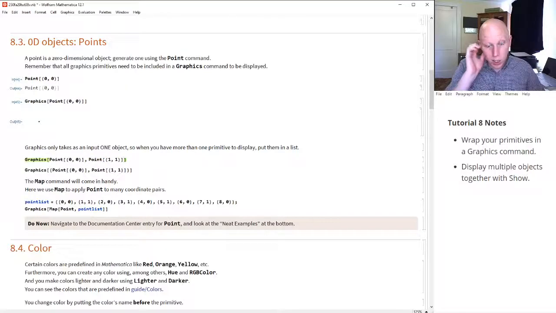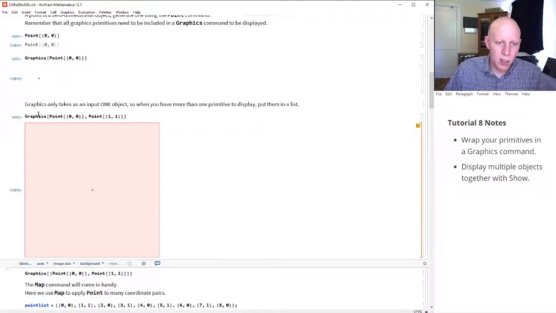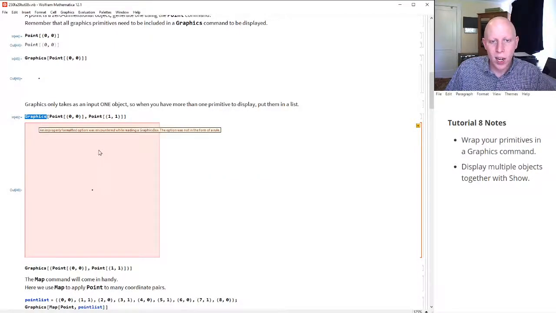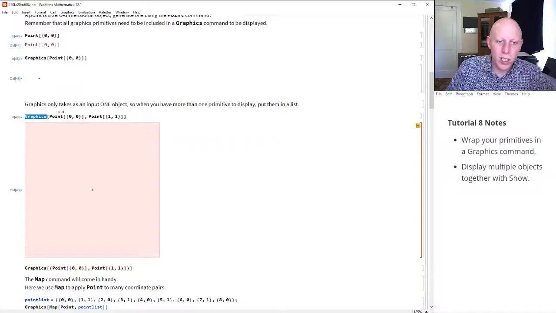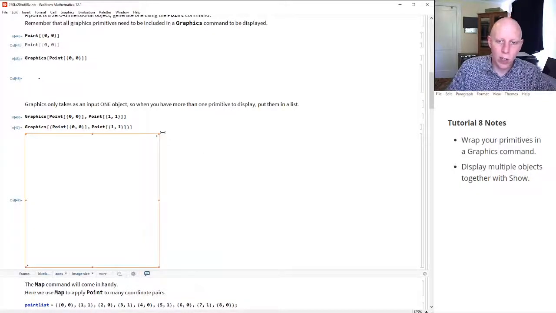All right, if we do this, Mathematica is throwing a fit. And the reason why Mathematica is throwing a fit is because Graphics only takes one object as input. So when you look at this, it's telling us the option was not in the form of a rule. What does that mean? It's really saying there's supposed to be one input, everything else is an option, so this isn't an option. Okay, so when we want to display more than one thing, we should put everything in a list. So here we have a Graphics of 2 points, 0,0 and 1,1,